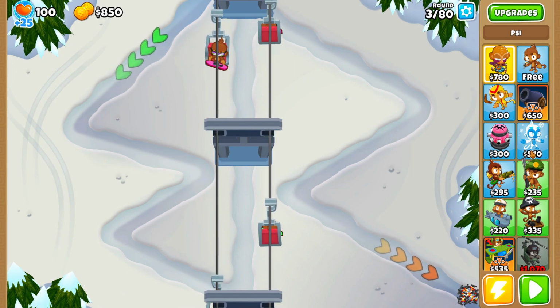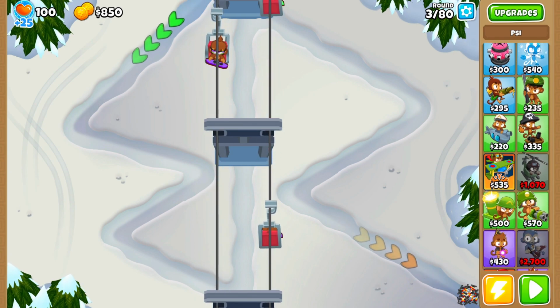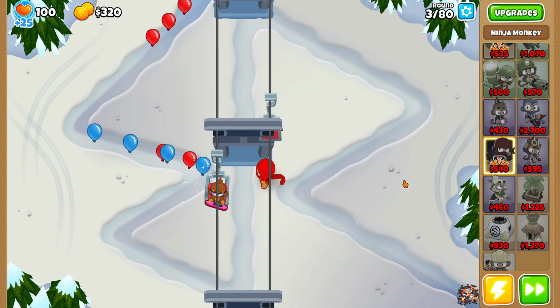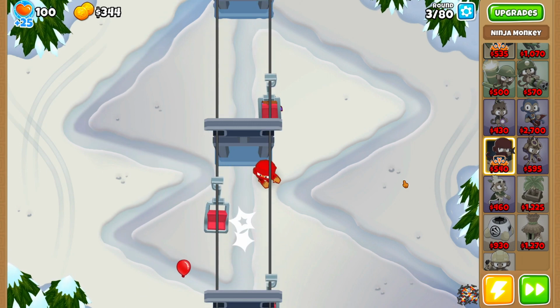How does it work? Well, for this set of Monkey Teams, it's always going to be a cannon, a monkey ace, and a ninja. But not just one of them, you can use an infinite amount of those towers. But that means you cannot use any other towers in addition. Now, in other Bloons Monkey